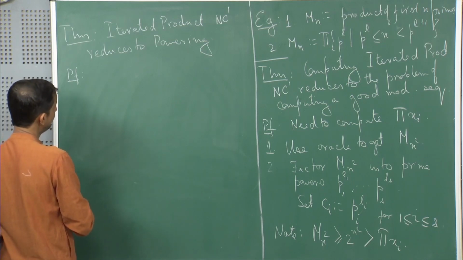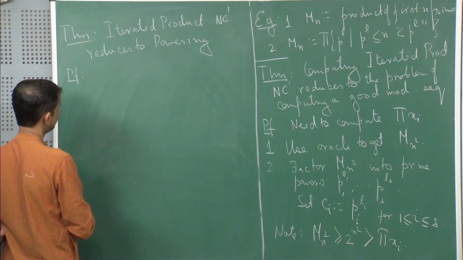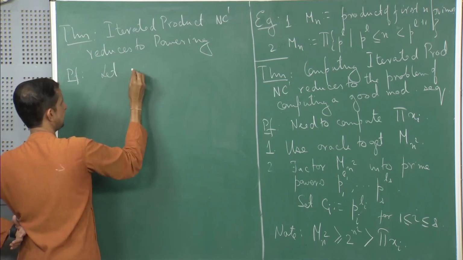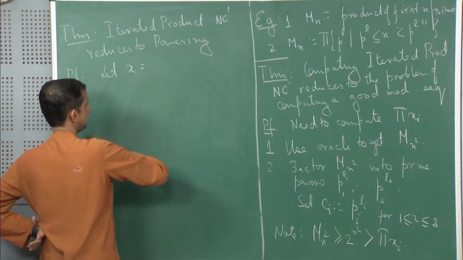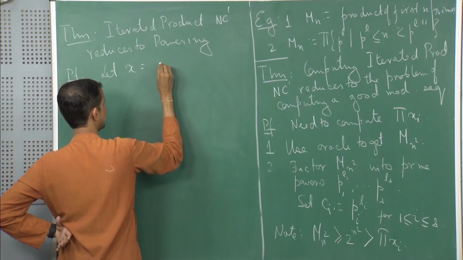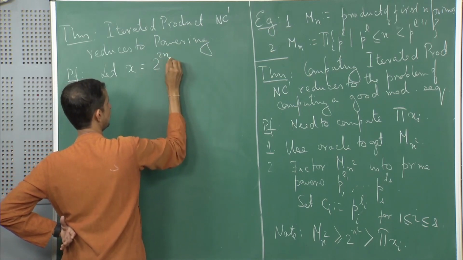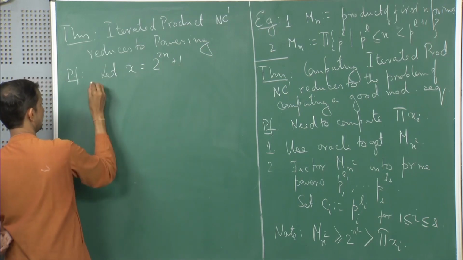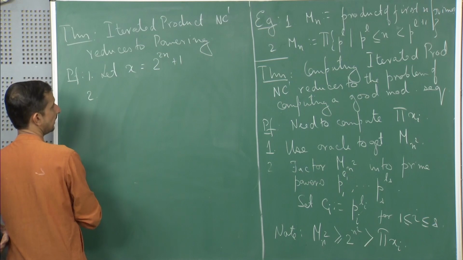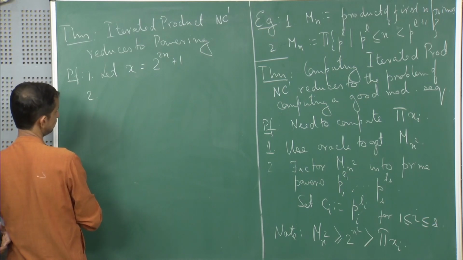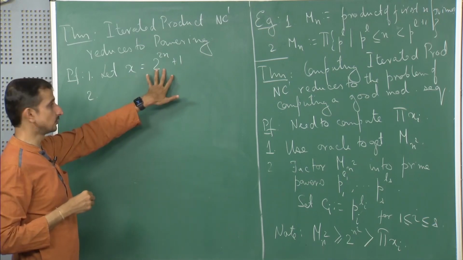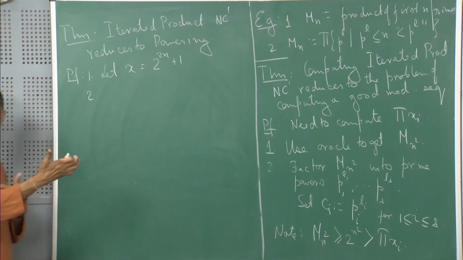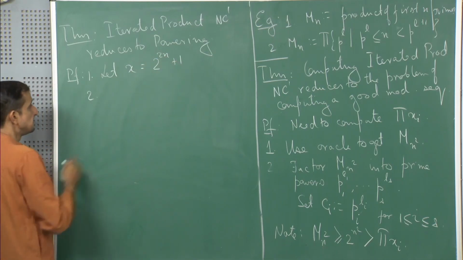So what we will do is we will set x to be equal to the number 2 to the power 2n plus 1. Given n I can of course compute this: given n I can get 2n, and 2 to the power 2n is just adding 2n many zeros. Next,